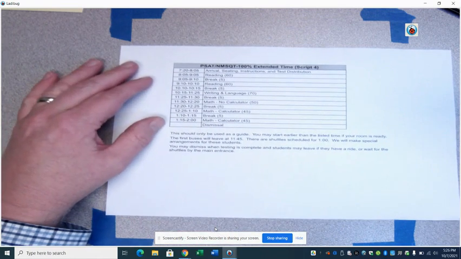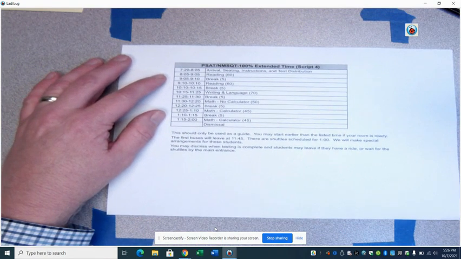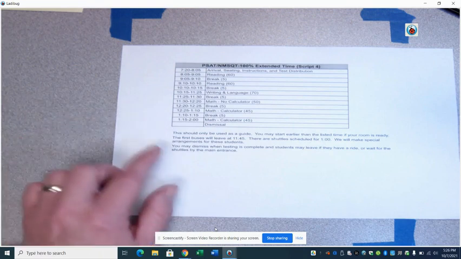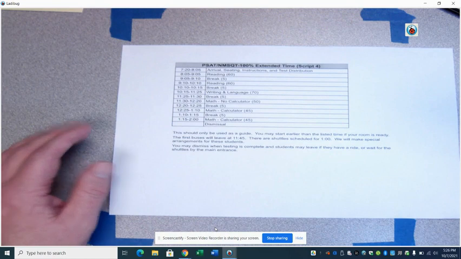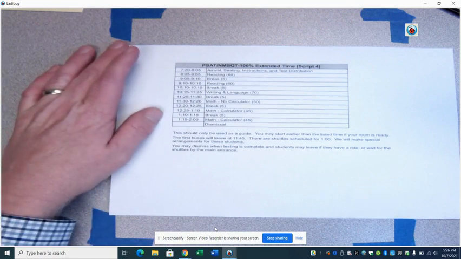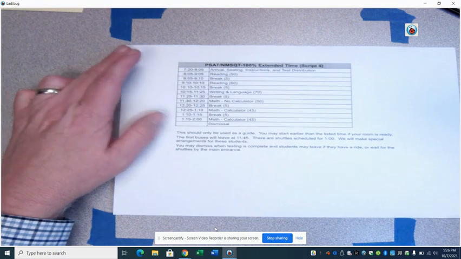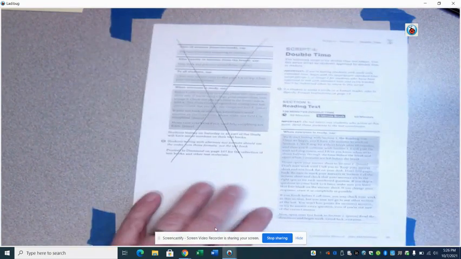We are reaching out to the families to see if they're going to drive themselves, or if we need to arrange transportation, or if the parents are going to pick them up. We will be able to let you know that on test day. Once testing is done, you can dismiss them to whichever we have arranged, or they've arranged to do. This is available on the staff website, also in the email you received recently. All right, script 4 double time does look like this.